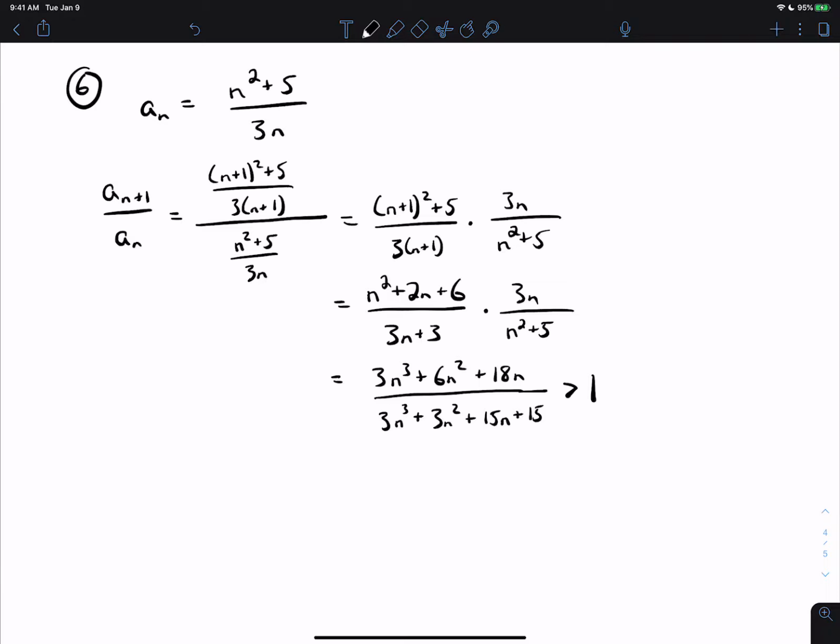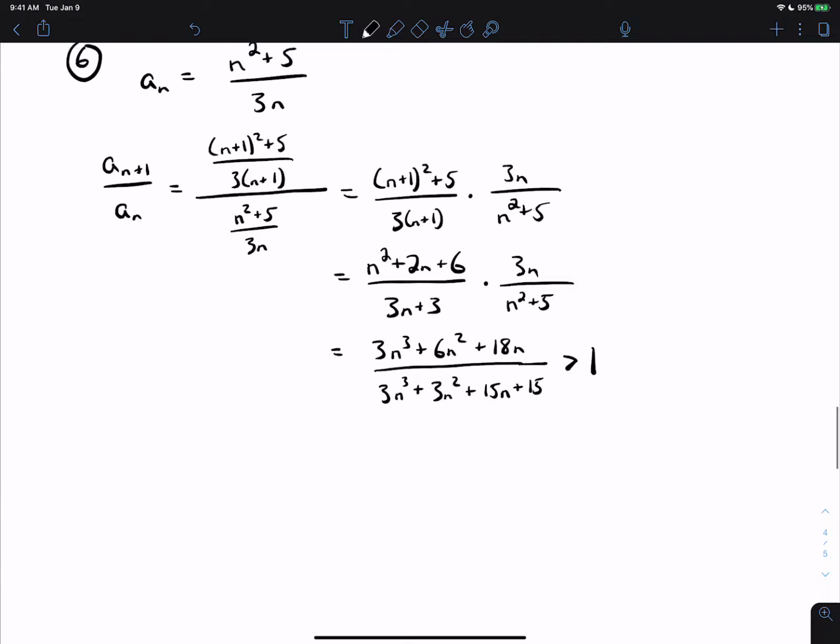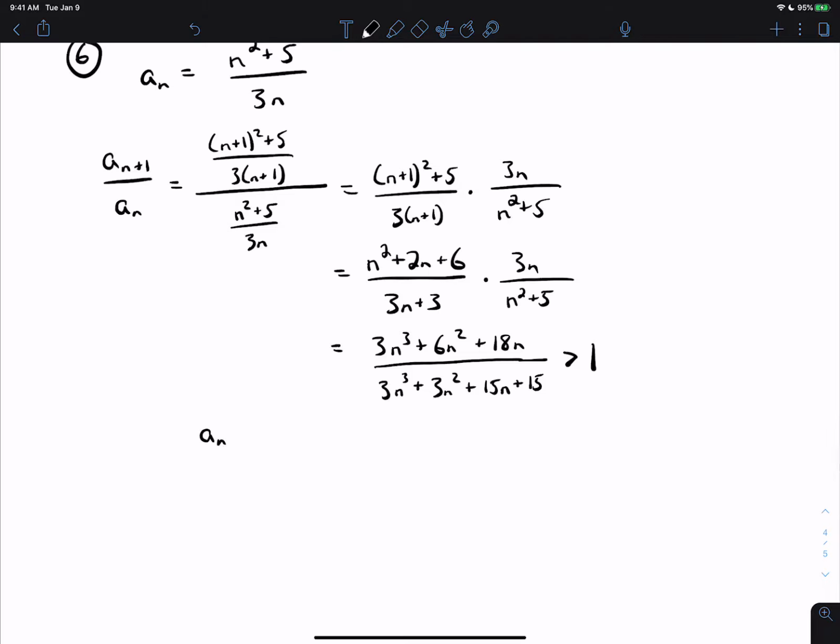We know it's positive because of the largest terms, but because of the second largest terms, we know the top is bigger than the bottom, which means this is a fraction like 10 over 7 or 40 over 39, and so this is something larger than 1. What that indicates is that a sub n plus 1 divided by a sub n is greater than 1. So if you follow through the whole sequence of steps in here, we're showing that this part is bigger than